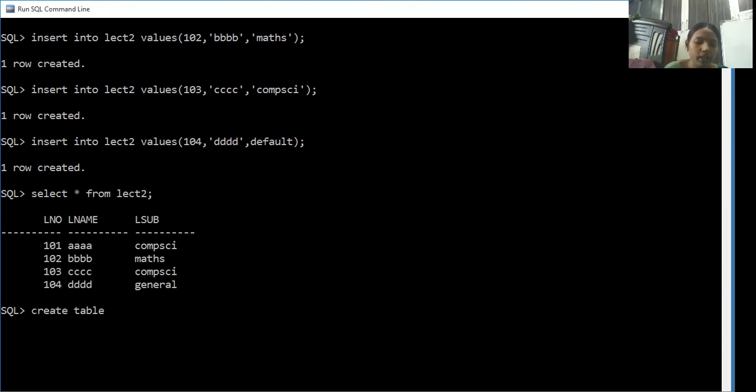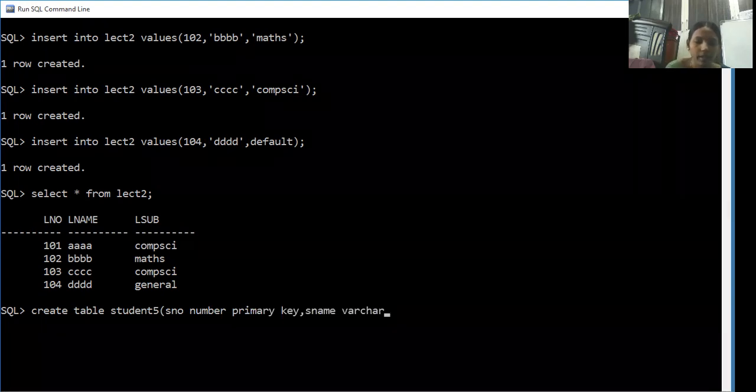Create table student 5 I'm taking. For the student number, it is of number type. I'm considering it as a primary key. And student name, varchar 2.